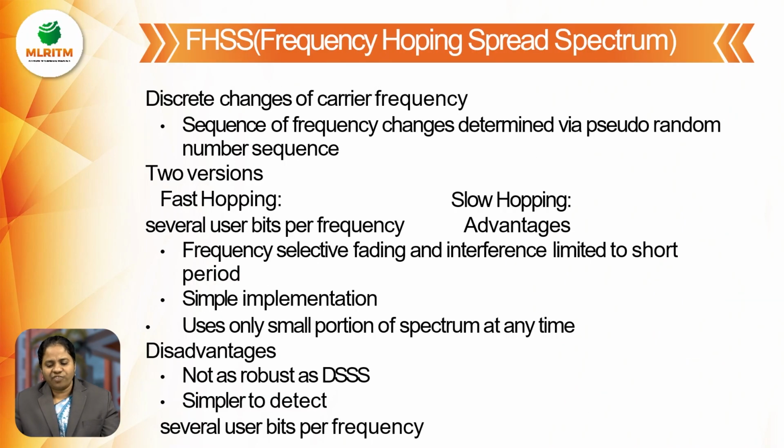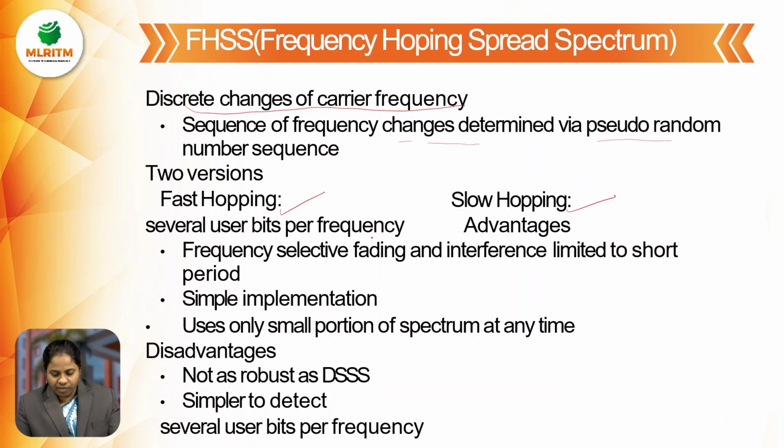And the second one is frequency hopping spread spectrum. What happens here is discrete changes of carrier frequency. A sequence of frequency changes is determined by a pseudo random number. There are two versions of frequency hopping spread spectrum: fast hopping and slow hopping. Fast hopping has several